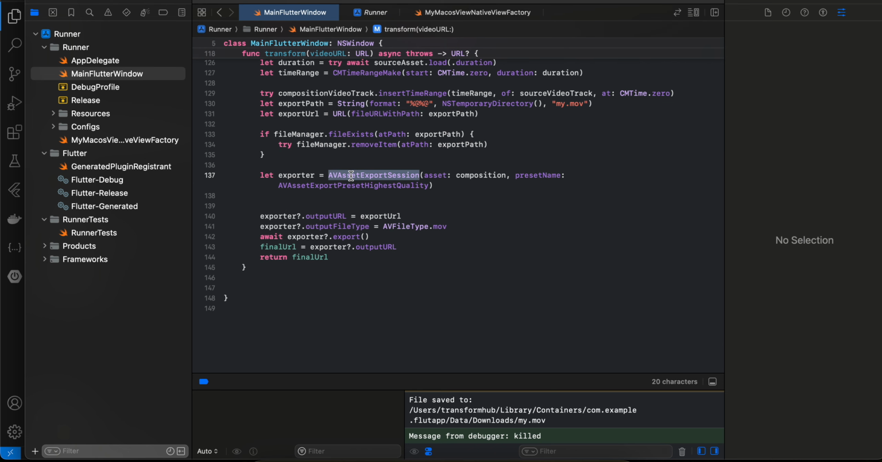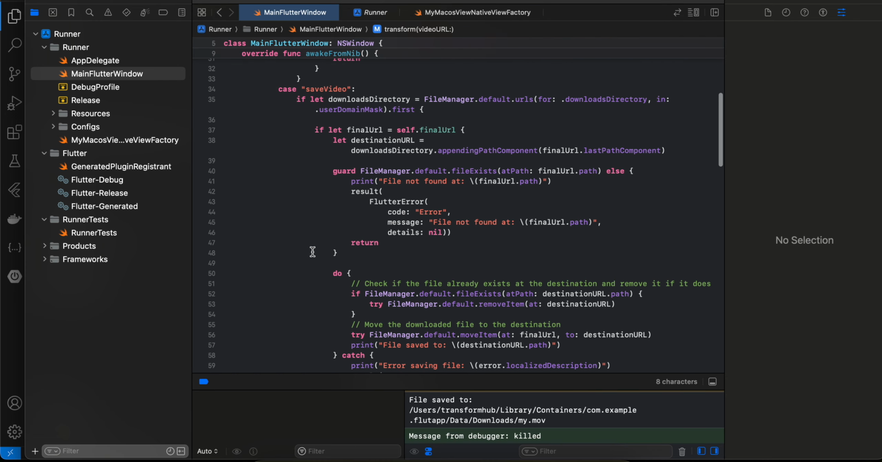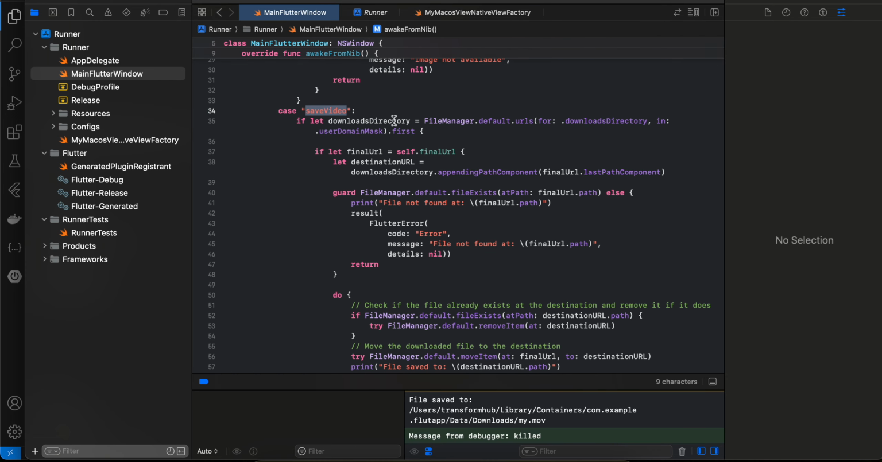Then we are creating an AVAssetExportSession, and then we assign output URL to our export URL. Output file type is MOV and calling export, and once we have that output URL we assign it to our final URL variable and return the final URL. So that's it. And for saving the video, once saveVideo is called, we are first getting access to